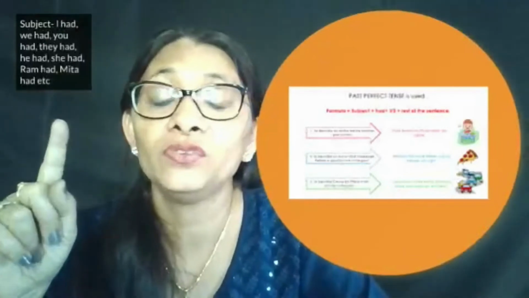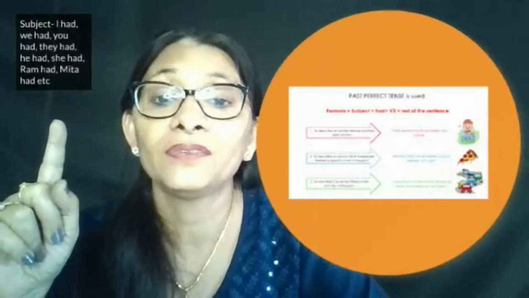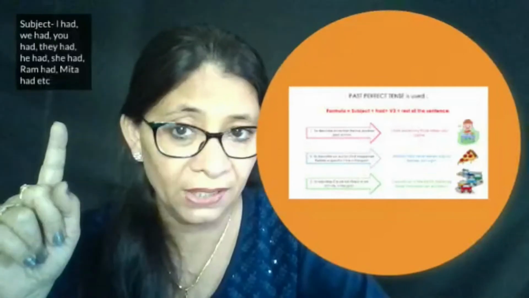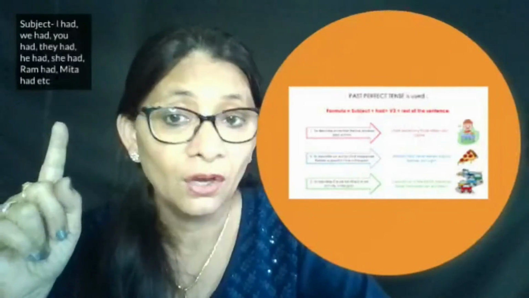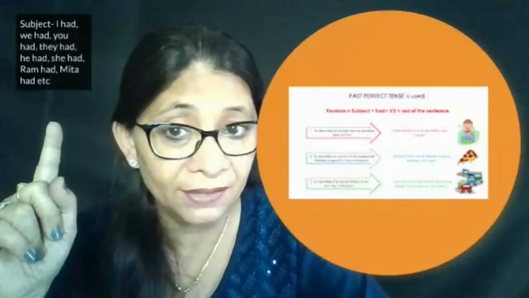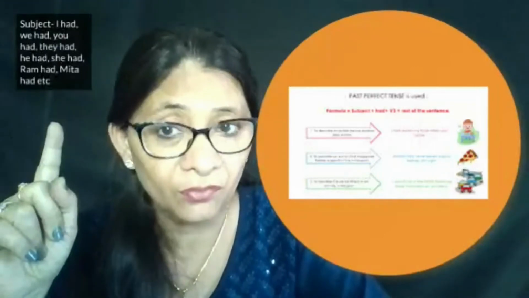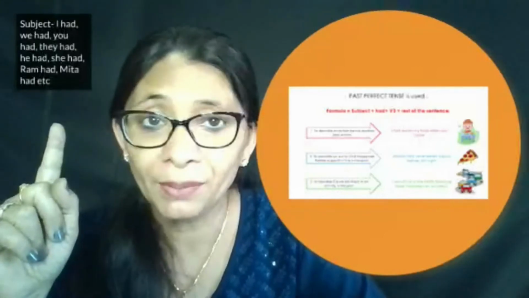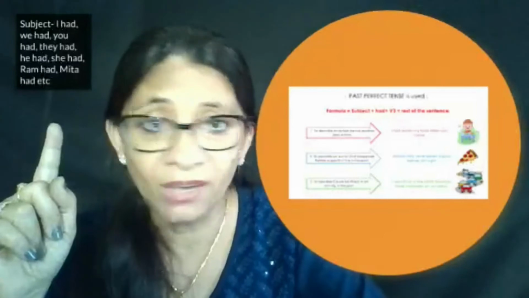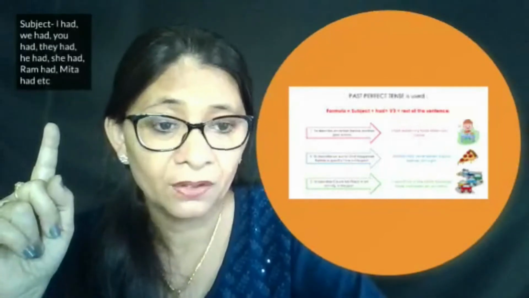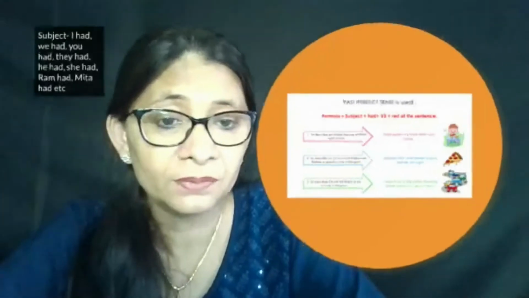Look here on top of my finger, you see, with subject only had is put. In case of past perfect tense, only had is put along with all the subjects. Okay, I had eaten, you had slept, we had gone, like that, the third form. So you have to remember the past participle form of every verb, as I have been saying again and again. Please learn that. Okay, now let us proceed.